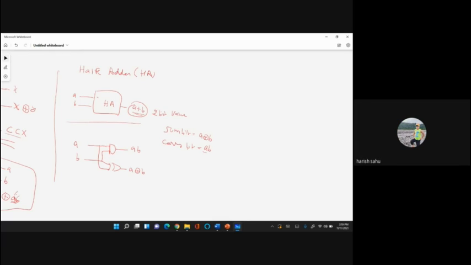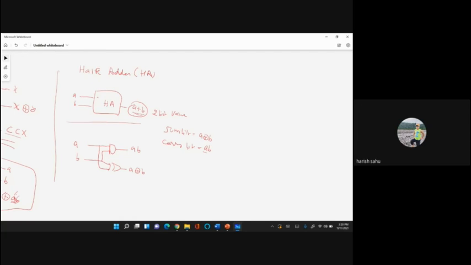So why is this half adder important? Can you tell, Sridhar? In classical computers or classical circuits, we use this kind of half adder for a variety of purposes. Using 2 half adders, we can have 1 full adder.